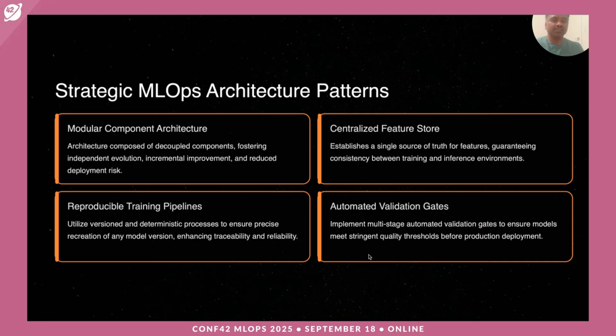And the other important thing is a centralized feature store. For any model development pipelines or model development teams, features are the most important things essentially, right? These are the things that are baked into the model and used for predictions and stuff like that. So having that consistent centralized feature store is extremely important. It also provides guaranteed consistency for training and inference environments, which is extremely important in model environments in a way.